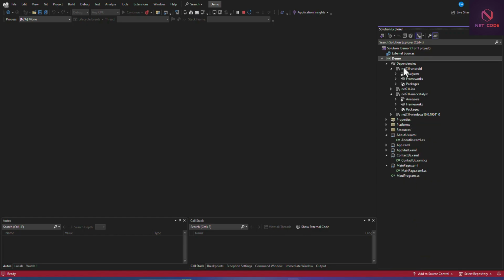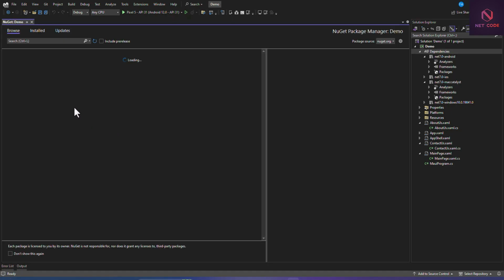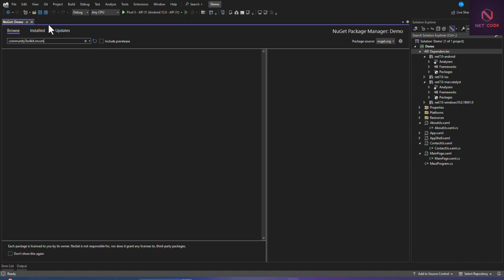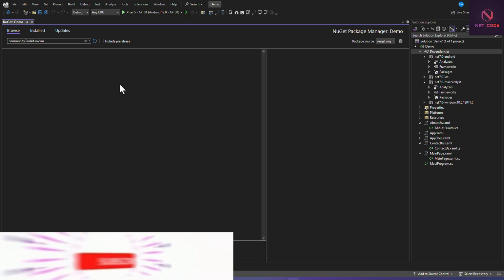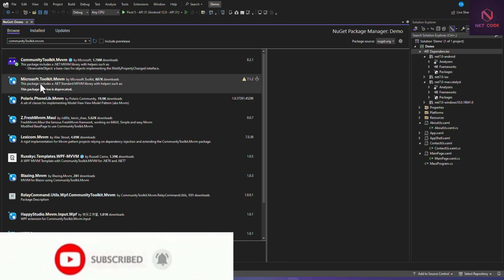Then let's install the next one. So right click on this, then go to manage NuGet packages. I have to stop this before it's going to run. So I'll click on this, manage NuGet packages, then the page opens. So you're going to make a search here to install that package. Now once you're here, just type in community toolkit mvvm, and I have installed that already, so I'm just showing you where it is to install. Okay, so that is this one. You can see I have this green mark checked to mean that it's installed.